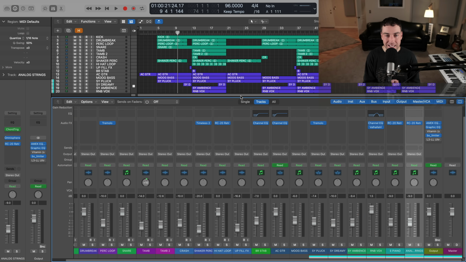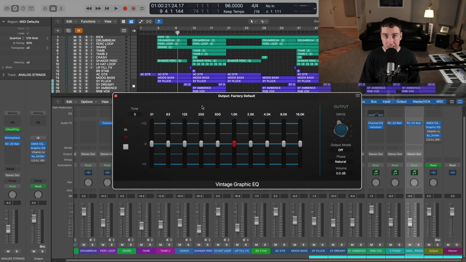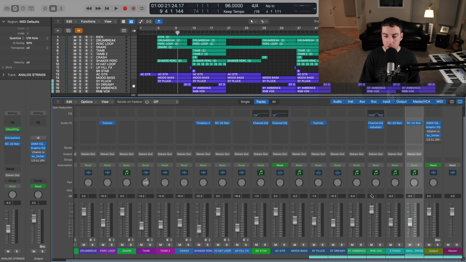All right, so let's go ahead and take a listen to my beat mix as is. Anything you see on the stereo bus right now or the master bus is disabled. And you're also going to notice that my stereo bus is clipping. Don't worry about that. I have the balance set the way I want to. Everything sounds the way I want it to. And we're going to address that here in just a second.